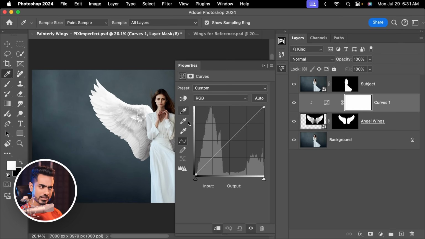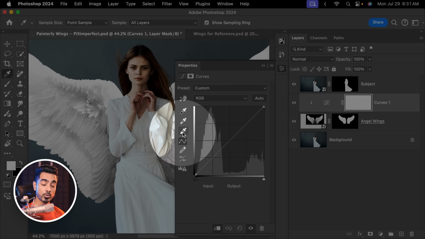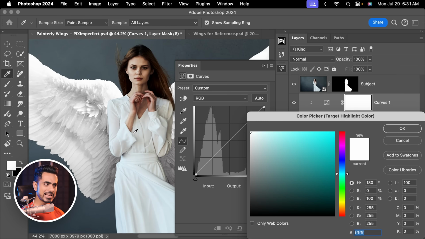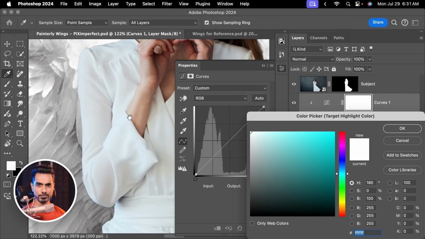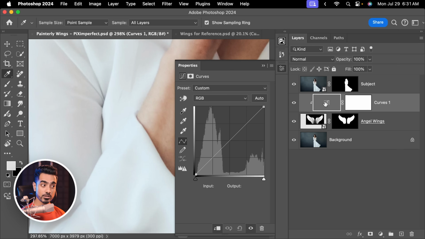Now let us try automatically matching it, and how can we do that? With the help of eyedroppers right here. So first of all, let's double click on the white point eyedropper and set its color to the brightest point of her clothes. Let's take this color right here, but it's not sampling anything. You know why? Because the mask is selected right here. Hit cancel. You want to make sure the symbol of the adjustment layer is selected, and then double click on